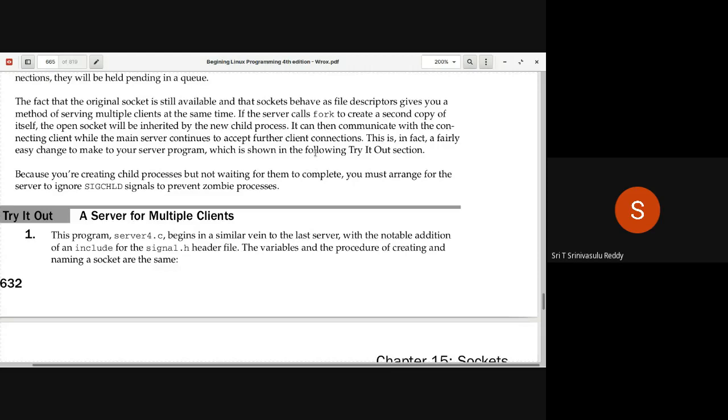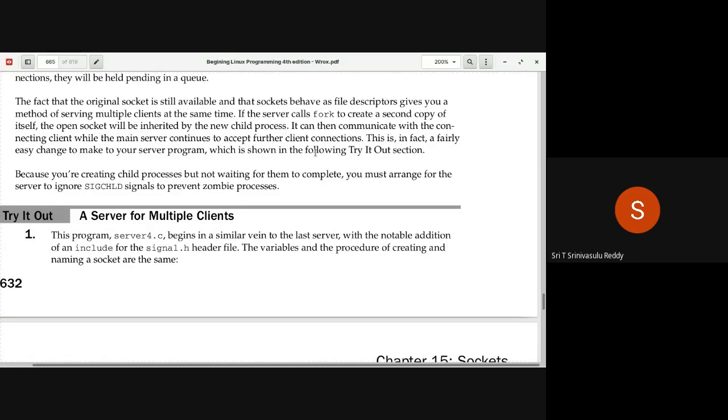The other way is multi-threaded programming. Mostly people prefer multi-threaded programming instead of multiple processes, because creating a new process takes more resources, and time-wise it is also slow. Whereas we don't have multi-threaded programming in our syllabus, so we are not talking about that. But fork, we have already done. That's why this type of solution is offered.